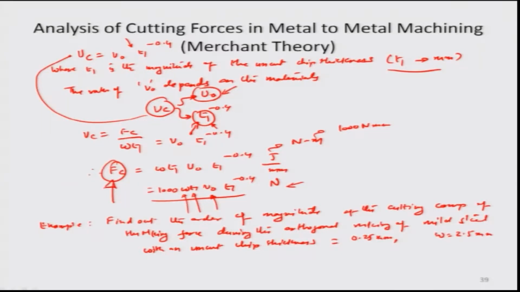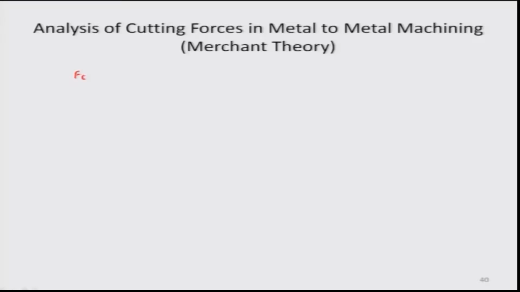So, we already know that the U0, which is a material specific property, for mild steel is recorded as 1.4 joule per millimeter cube. So, having said that, the amount of cutting force Fc equals 1000 times the uncut chip thickness, which is 0.25 millimeters, times the width of the cutting zone W, times 1.4, the U0 value